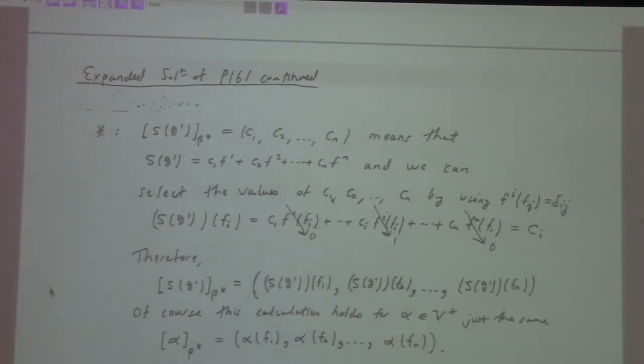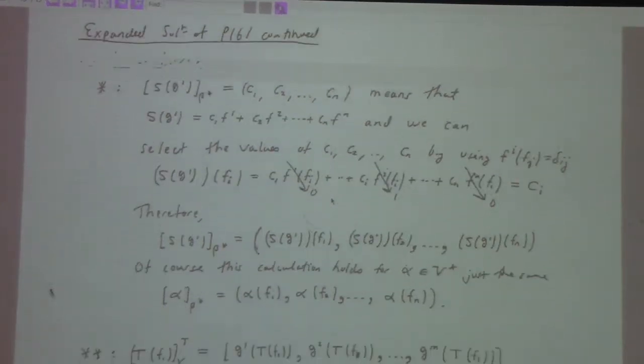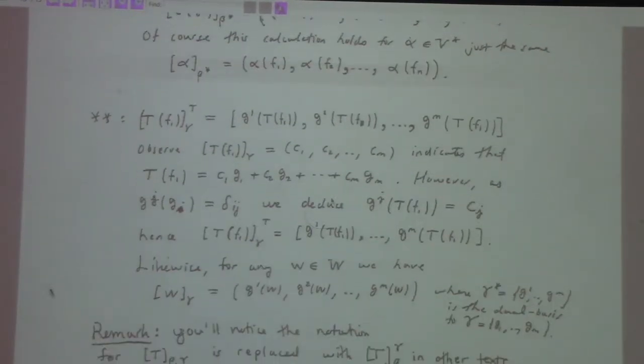And here I'm deriving some things we've worked out already this semester. For example, if the coordinate vector of this with respect to the dual basis is that, then you can calculate that c_1, for example, is this thing acting on f_1. So I'm deriving the relation between the dual basis components and the action on the basis. We've already walked down this path before, but you might have forgotten. Anyway, going on,